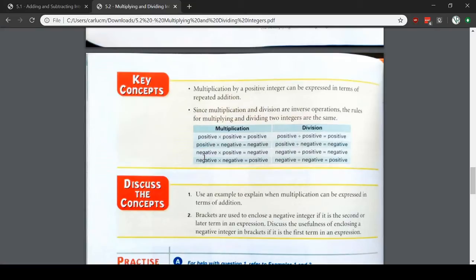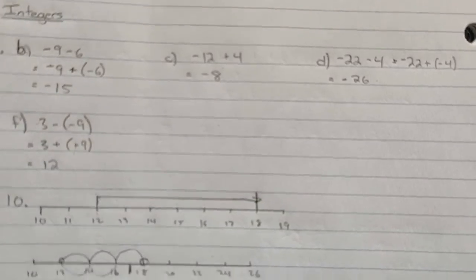As well, how I like to think about it is that if the signs are the same, it's positive. And if the signs are different, it's negative. So now instead of 4 different situations, we have 2. Same sign, positive; different signs, negative. I find that is a lot easier to understand when multiplying and dividing. So if I switch back over here,